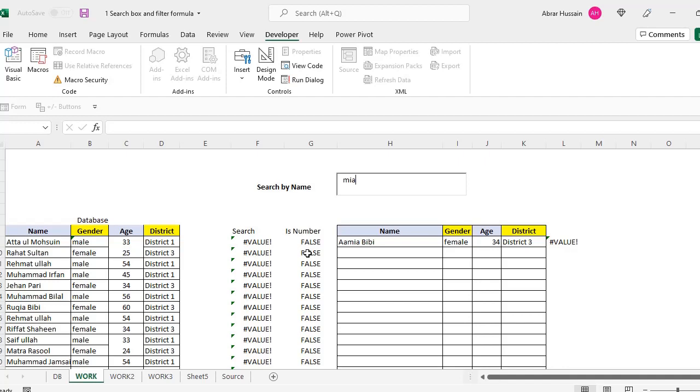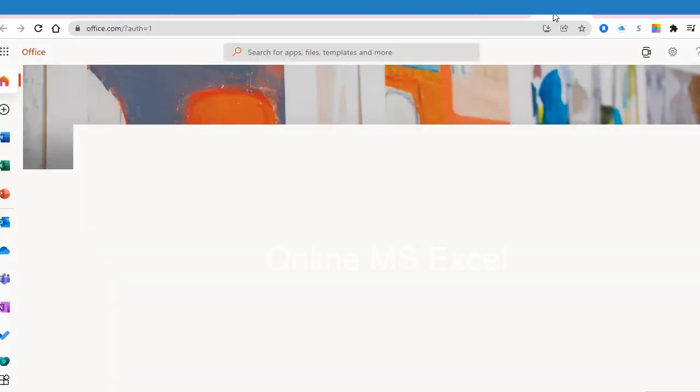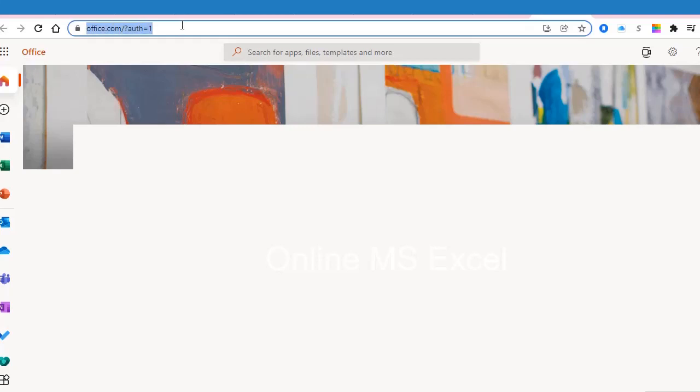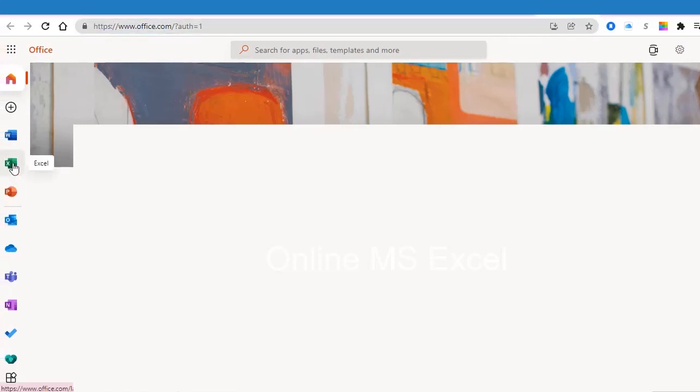You just go to the Microsoft Office website, for example office.com. You can come here, and from here you can open Excel. This is online Excel, and in this online Excel you can do all this work and then just save it.